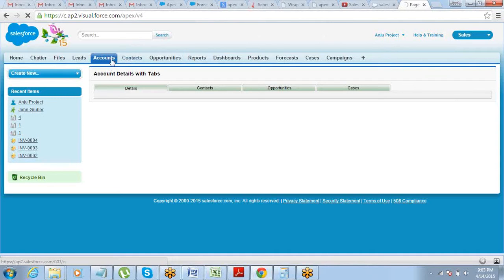Like contact and account are related. That is the reason why I can call it a related list. Opportunity and account are connected, related. So I can call opportunities a related list. Cases and account connected. There's a relation. So I can call them a related list. But unfortunately, there is no connection between campaigns and accounts. There is no relation between campaigns and accounts. So I cannot call the campaigns here using the standard controller, because the standard controller,